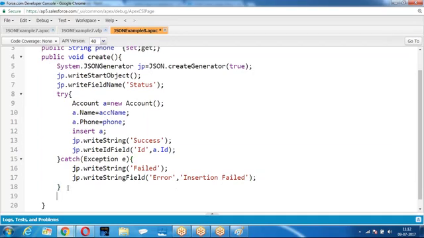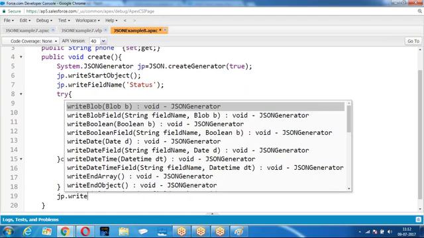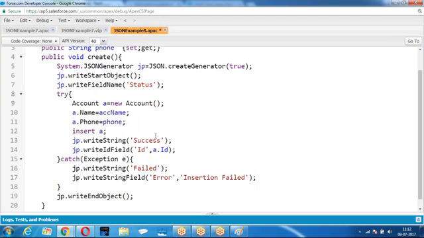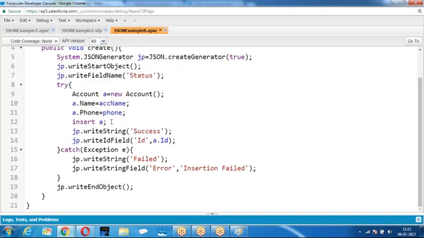Then finally we have to close with jp dot write end object. So start object, status equal to success or failure, success ID, failure reason for fail.